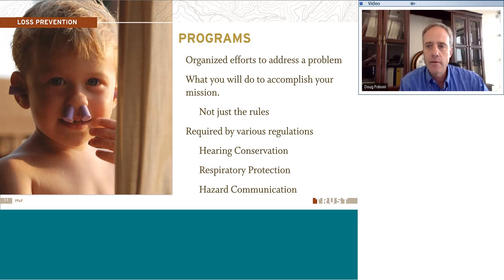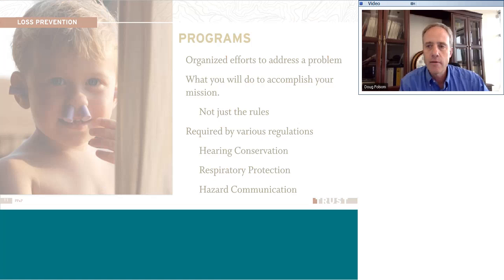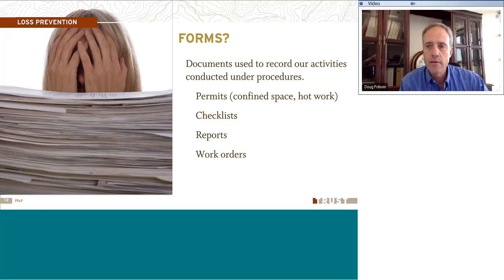Another thing that we have in place to help us accomplish our goals and our mission is documents. We're going to need documents that we use as we do these various functions, as we are engaged in complying with certain programs that we have. So it could be a permit system. Earlier today, Jason was talking about confined space entry.